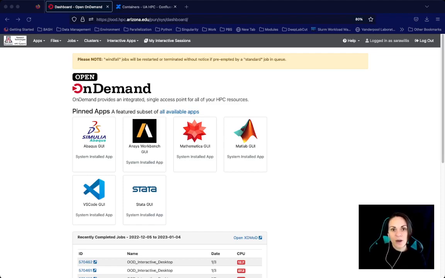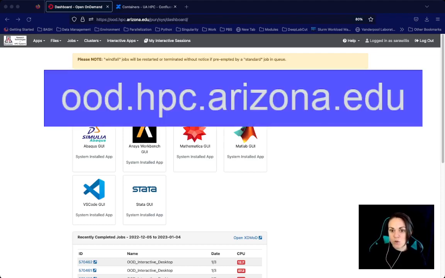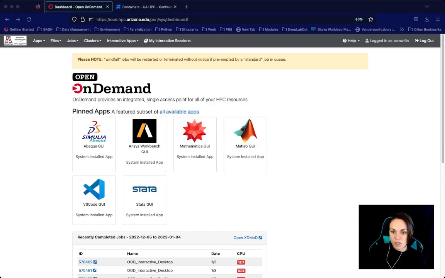Today I'm going to show you how to open a Jupyter notebook from inside of a Singularity image on HPC. To do this, we're going to use OnDemand, which is a web application that is used to access HPC resources. To get to this page, you will go to ood.hpc.arizona.edu. This will prompt you to go through the typical web auth process, and once you successfully log in, you